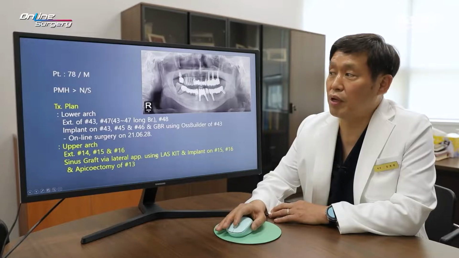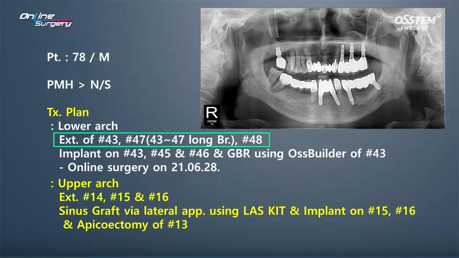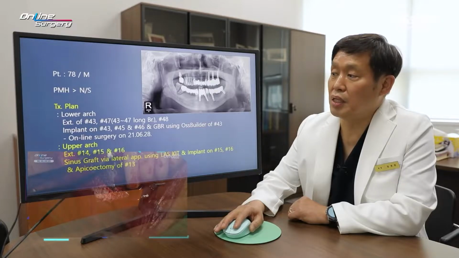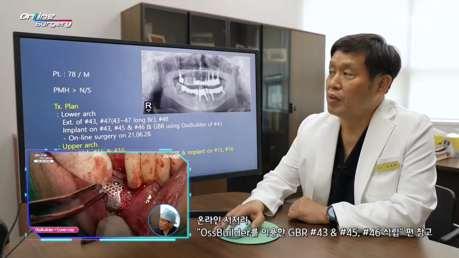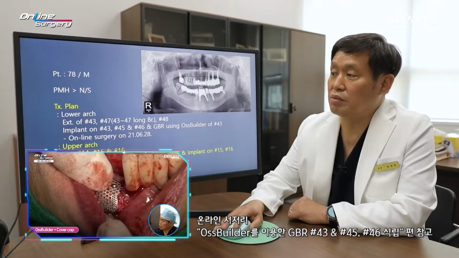right side. The treatment plan. The plan was to remove the long bridge spanning from number 43 to 47. Extraction for number 48 was planned as well. 3 implants were to be placed, especially in number 43. Os builder will be used for GBR. Actually, this video clip was shown in the online surgery course last June, and I'm going to focus on the